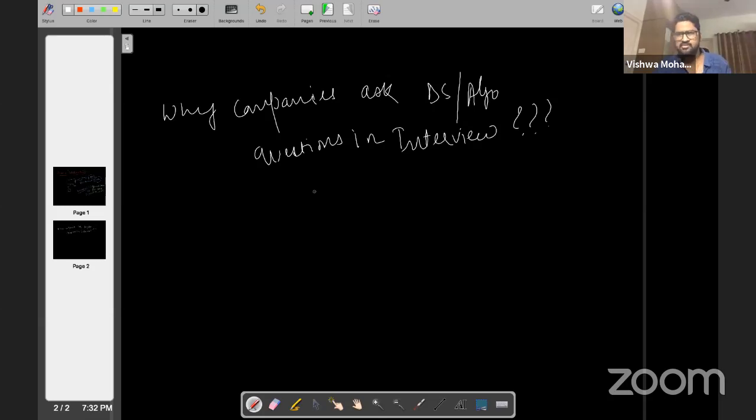Then only can you structure the data. Secondly, there are people who are just utilizing those tools. For example, you are using Tableau to get the insights. In that case, you are just building dashboards and all, so it may not be that needed. But that said, if you know what data structures and algorithms are at the core, I think it will still be helpful for you.